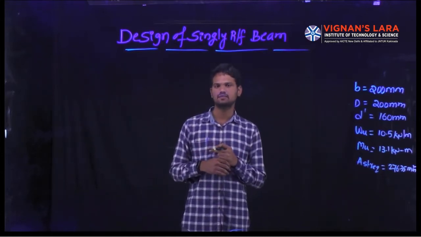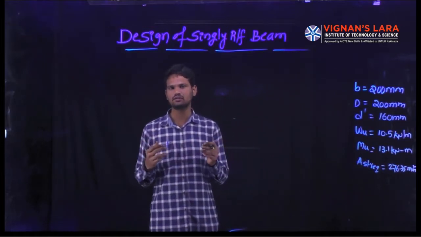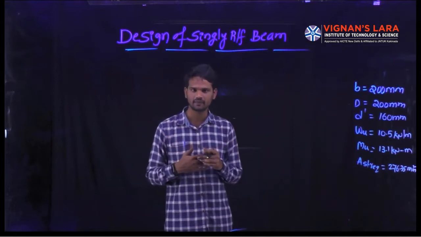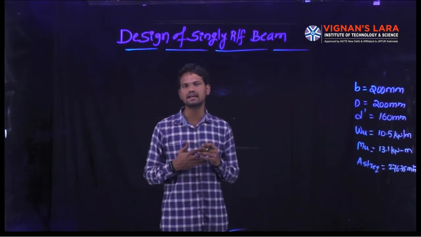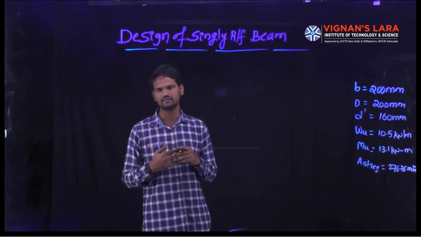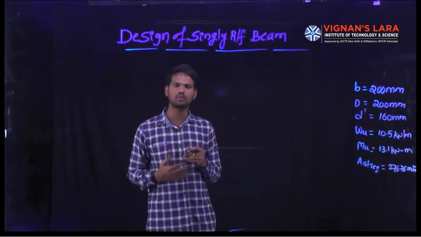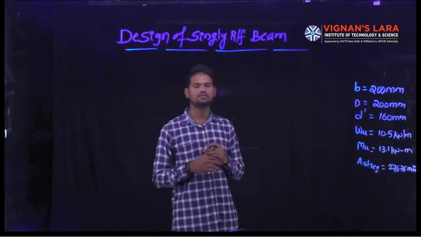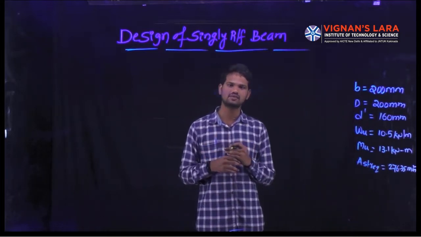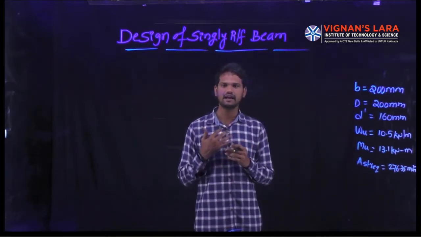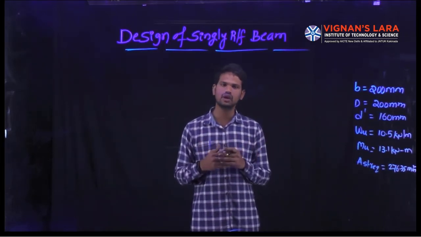Later, in the third step, we calculated the various types of loading, that is dead load and live load. After calculating the dead loads and live loads, we calculated the shear force and bending moment diagrams, with the shear force values and bending moment values. After that, we checked the limiting moment of resistance and calculated the area of steel, that is, how much area of steel we have to provide.